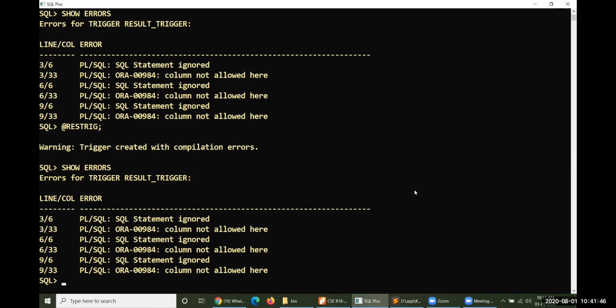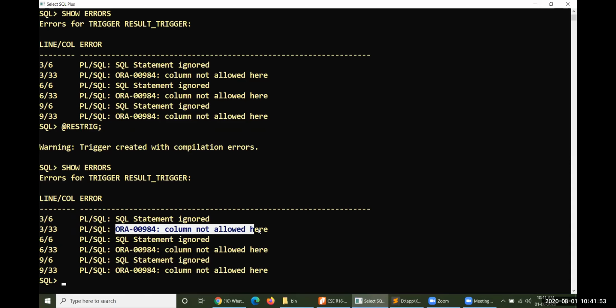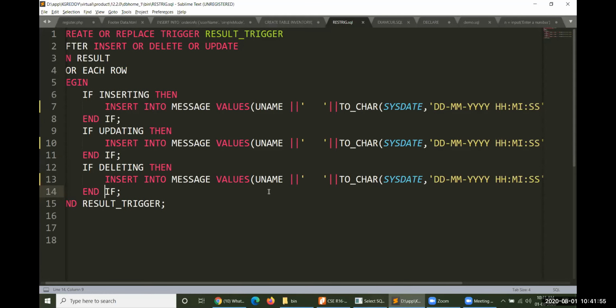Same. Third line, 33. Column not allowed here. What is the column which is not allowed here?